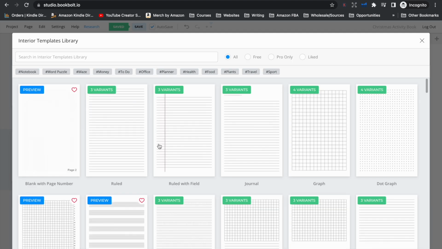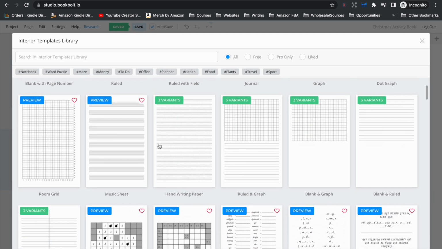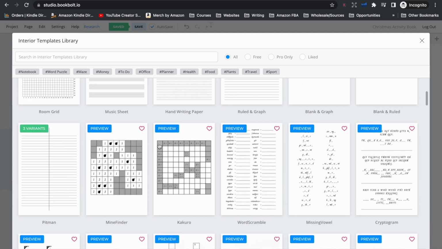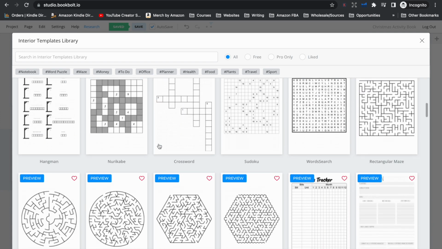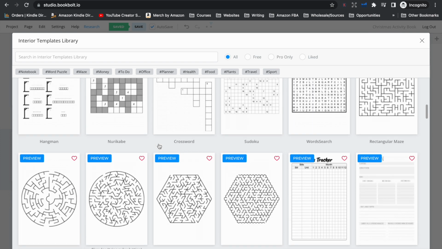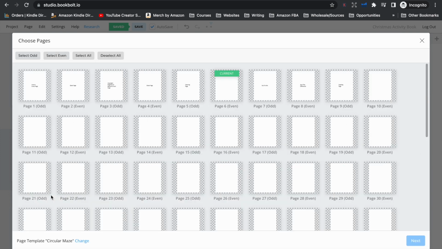This is all the different templates that BookBolt provides, and you can use them in your KDP book interiors if you want to. So I'm going to head down here and have a look at what type of maze I'm going to use. I think I'm just going to use a circle because it's a little bit interesting. I'm just going to use it on that one